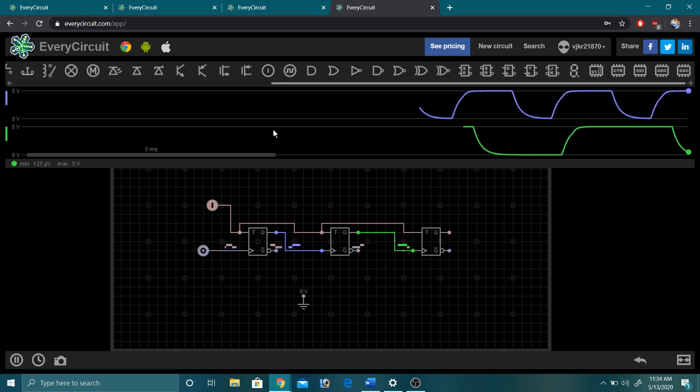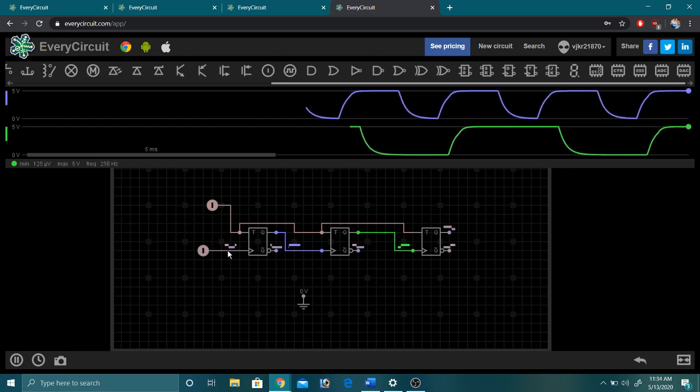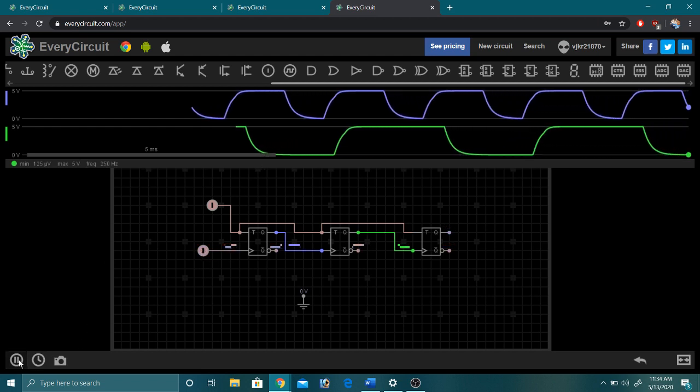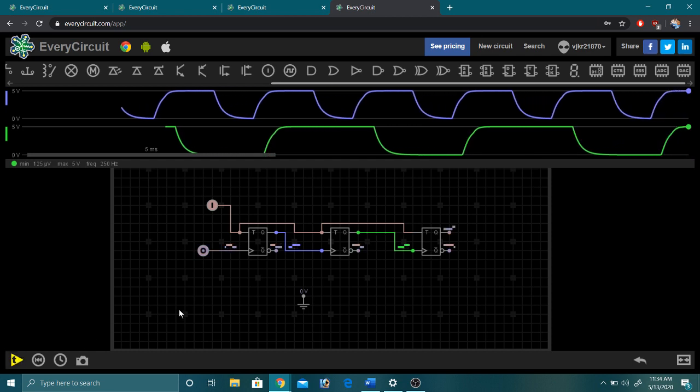Okay, we'll just increase the speed. So we are observing change in clock. I'll pause it so that we can analyze. So here we have 0 0, here we have 0 1 1 0 1 1.